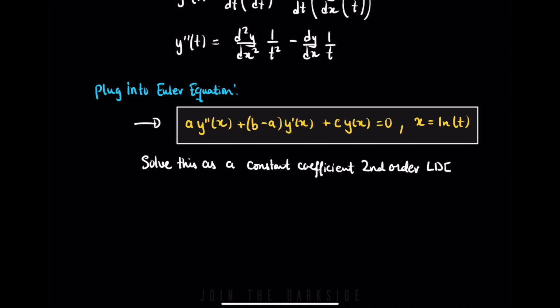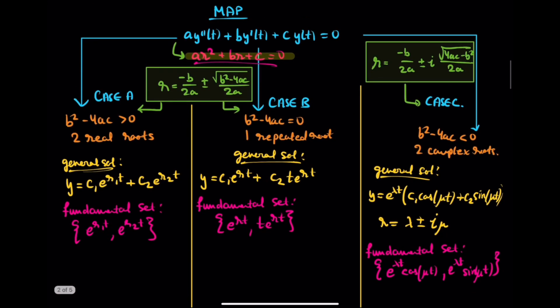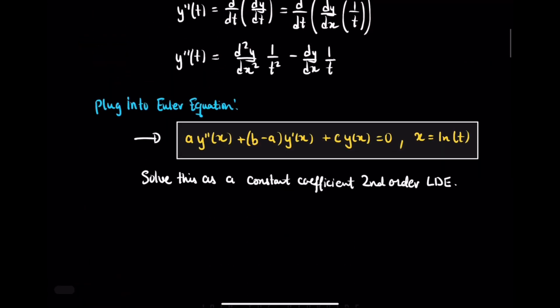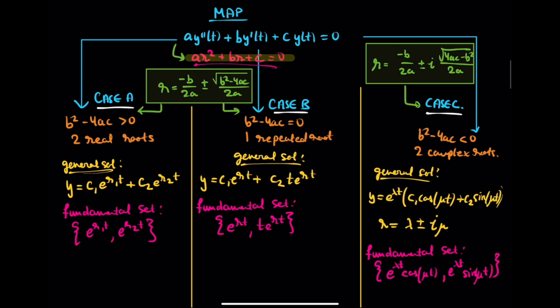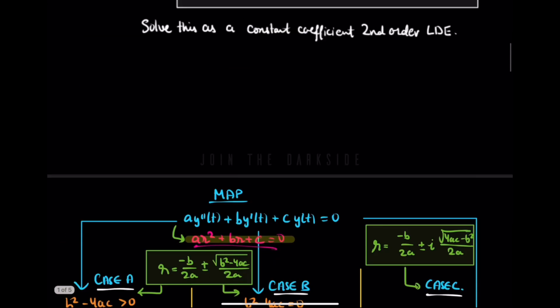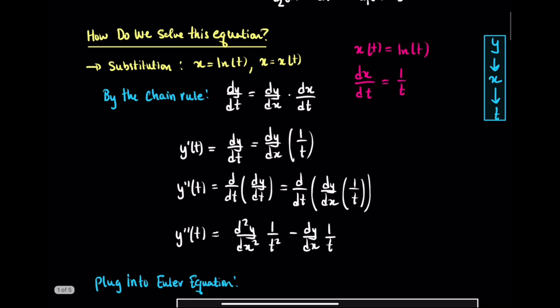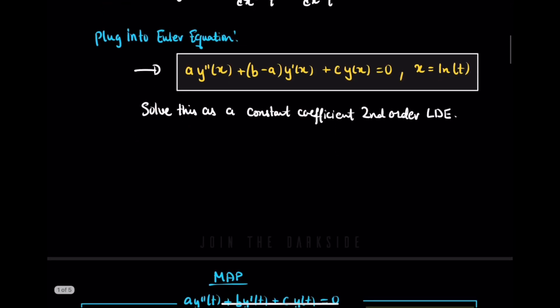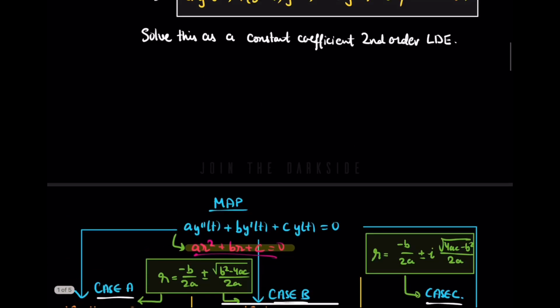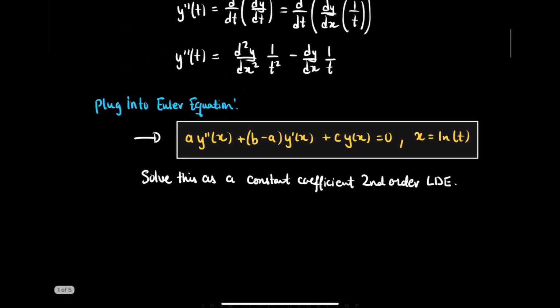linear differential equation. And I stole this mind map that I made from when we talked about constant coefficient homogeneous second order linear differential equations. Remember, we ended up with three cases: case A, B, and C. So this again will be used in Euler equations, and you can see that Euler equations are an extension of constant coefficient homogeneous second order linear differential equations, as we just transform them into a homogeneous equation, right? This goes from Euler to homogeneous. You solve it as a homogeneous, and then